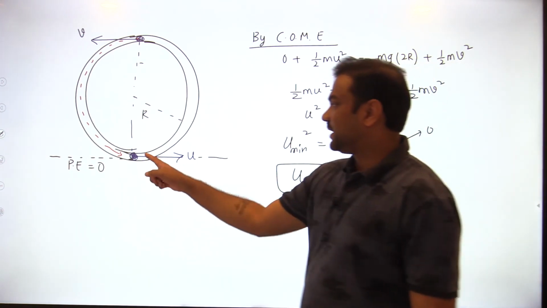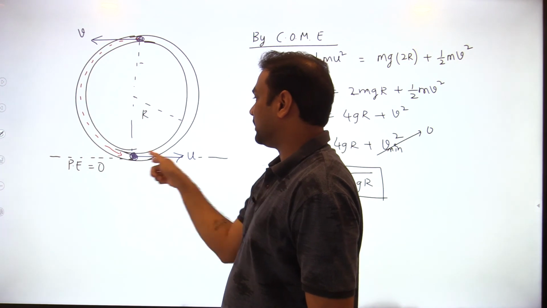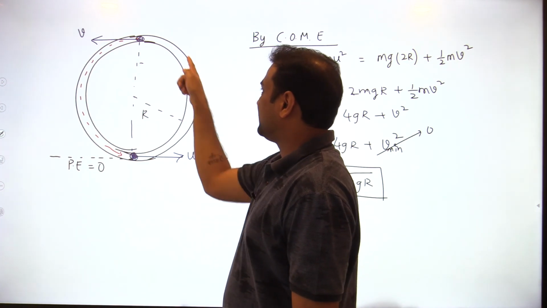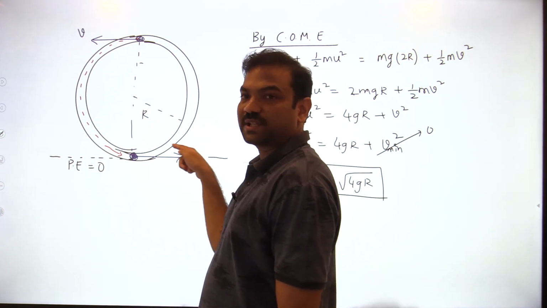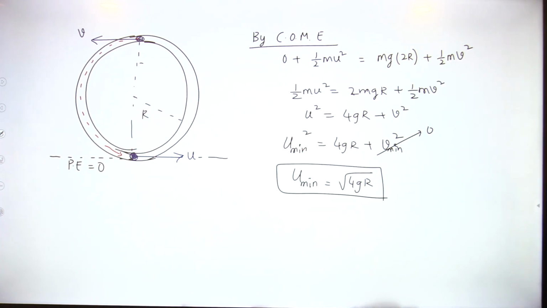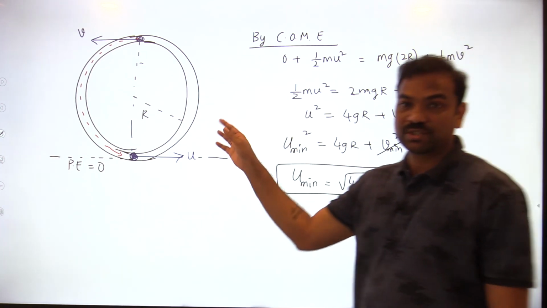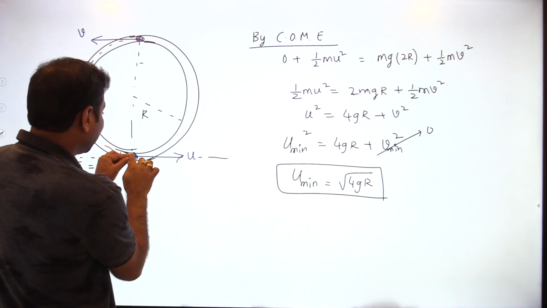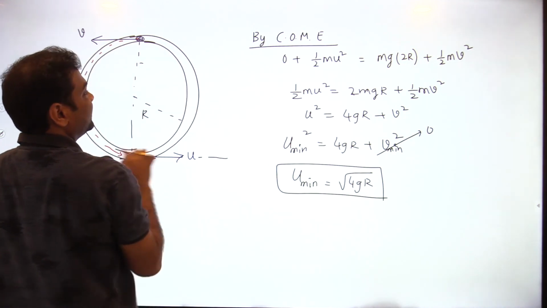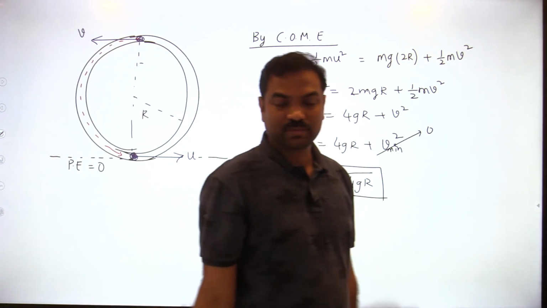If you give less velocity, what will happen? It will go to some height and fall down. If you give a little more velocity, it will go to some other place and fall down. If you give more velocity, then it will complete the vertical circle. So there is no question of leaving the circular path. It's something like a constrained motion. In Newton's laws of motion, we discussed constrained motion. So this particle can move only along the circle. That's it. There is no other path possible for this.